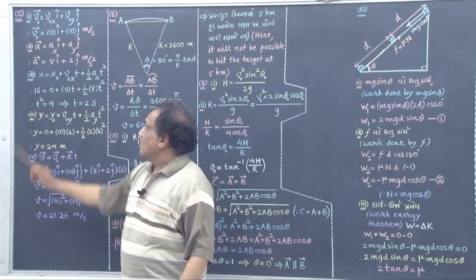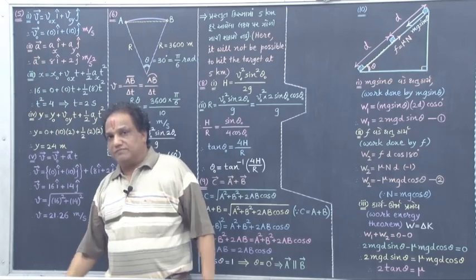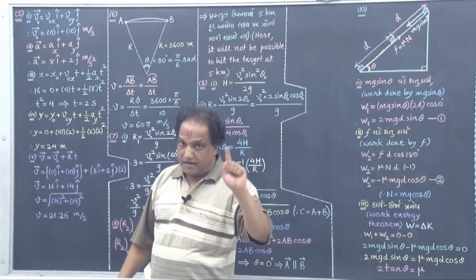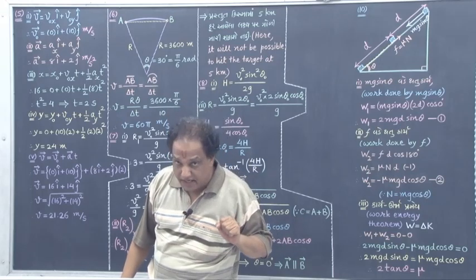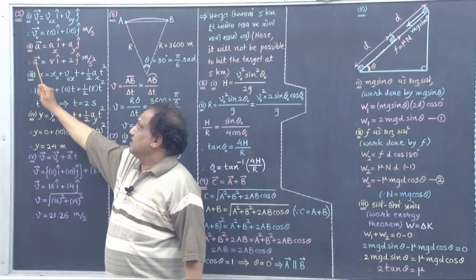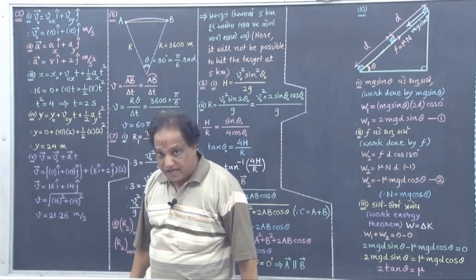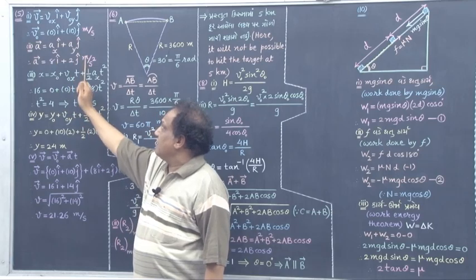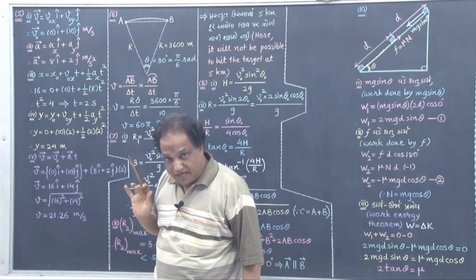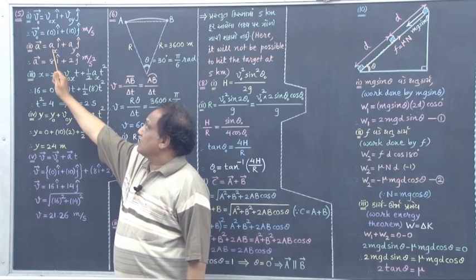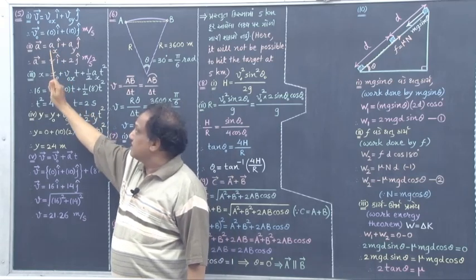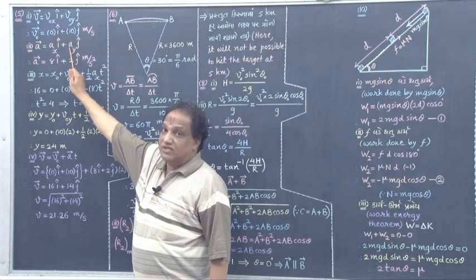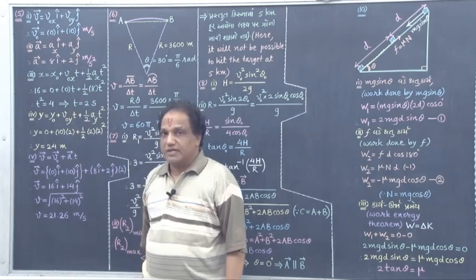Fine. What about the acceleration vector in two dimensions? Vector a equals ax i hat plus ay j hat, correct? But at present they have given the acceleration vector as 8 i hat plus 2 j hat meters per second square, correct? What about the x component of acceleration? Right now it is 8 meters per second square, and the y component of acceleration is 2 meters per second square.